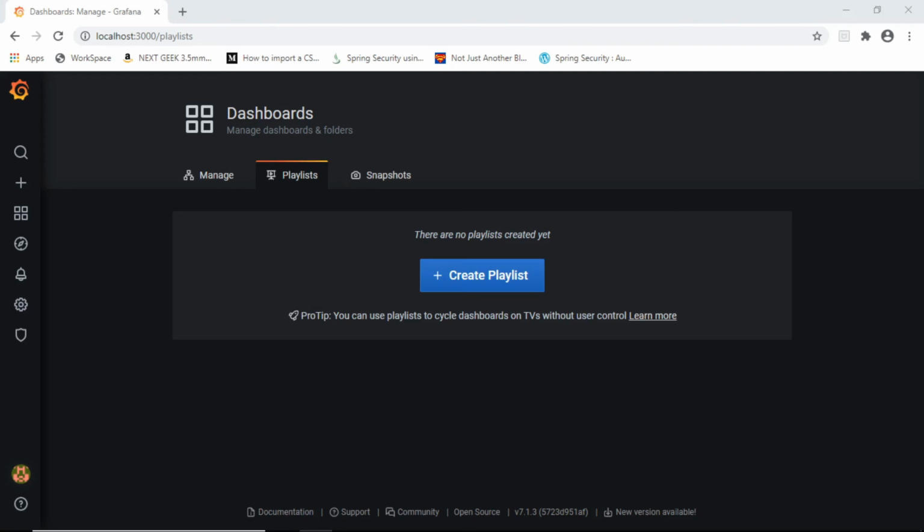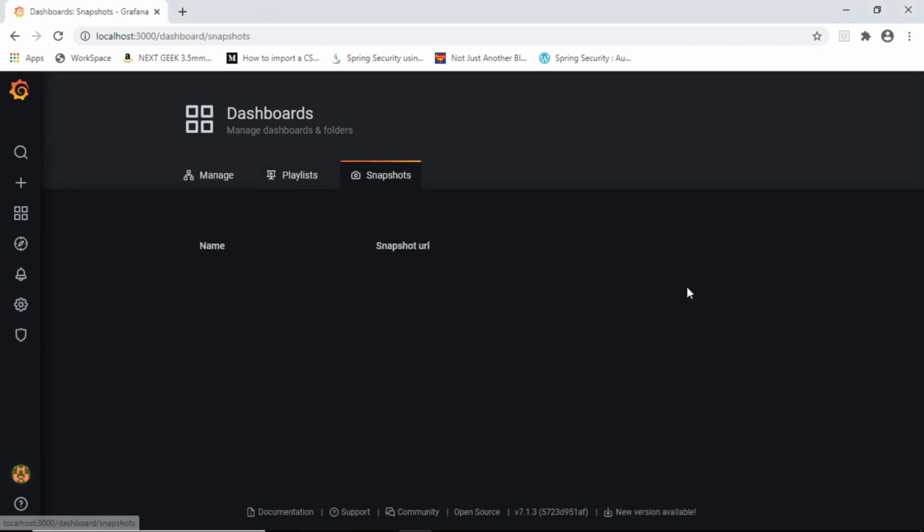So that's a very important feature when you are working in a bigger organization where you're going to use your dashboards. And then comes something called snapshots. A snapshot is an instant way to share the interactive dashboard publicly. So when created, we strip the sensitive data like queries and panel links, and we keep only the visible metric data and series names, which could be embedded into the dashboard, and that snapshot is given to the end user in the format of a URL.